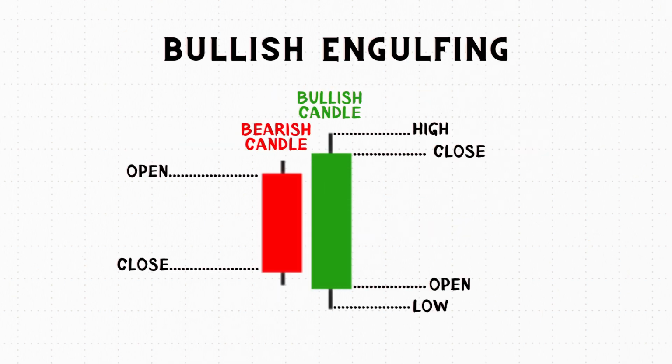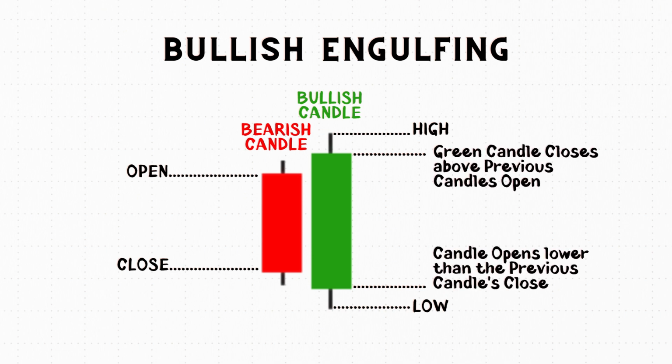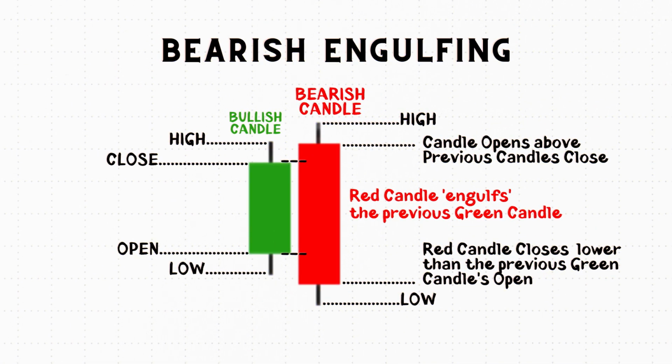So now what is bullish engulfing? Bullish engulfing means a bull candle has surrounded the previous bearish candle. We see this first candle is red, so some traders will think that this is the right time to short. But what happened? It is followed by a big green candle which covered the whole body of the previous red candle. This is called a bullish engulfing candle. In the same way, for the bearish engulfing candle, the red candle fully covers the previous green candle. This forms a bearish engulfing candle.